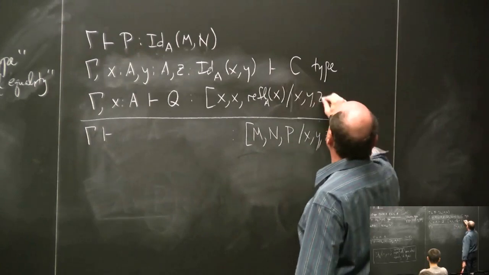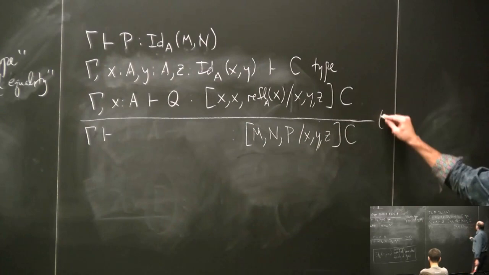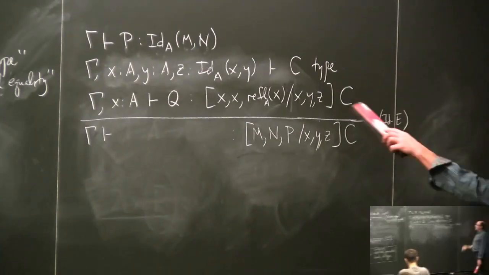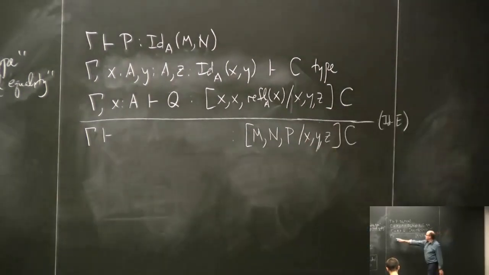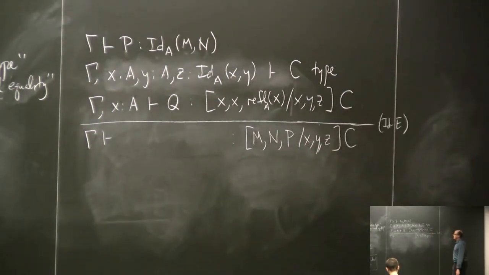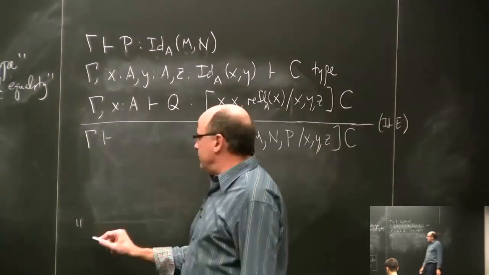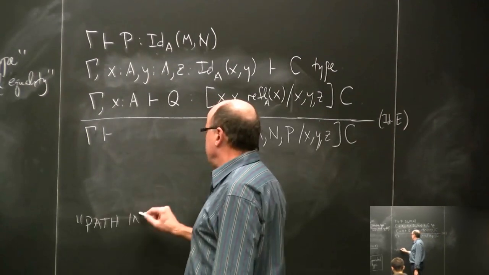For XYZ, I called it C, and this is the id elim. And I'm going to work with this for a minute. Okay, so this is the sufficient data, and then I'm going to plug in what this thing is. Okay, so the idea is that, and this is for reasons that will become more apparent later, this principle is called path induction,